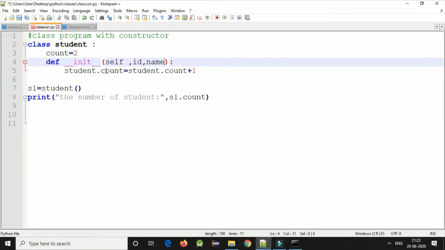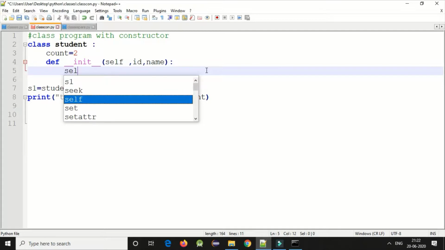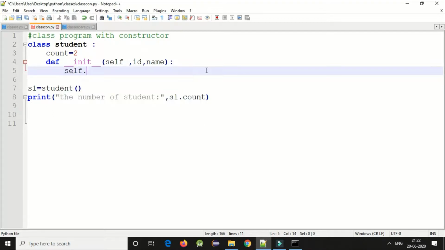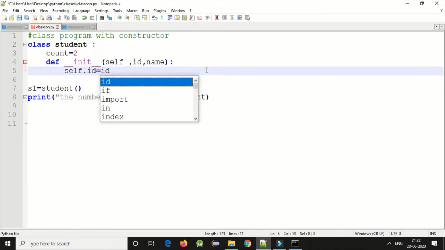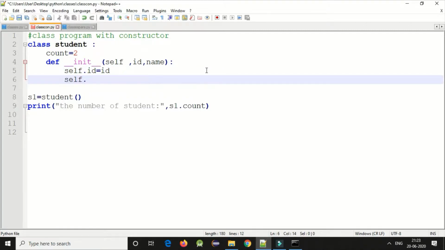Now I remove this line of code and write self.id equals id, next self.name equal to name. Now if I pass values to my class, I will pass two values, one id and one name.